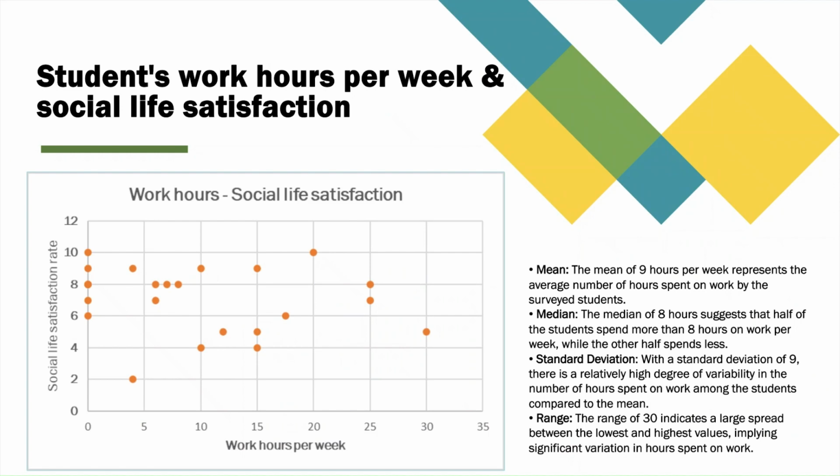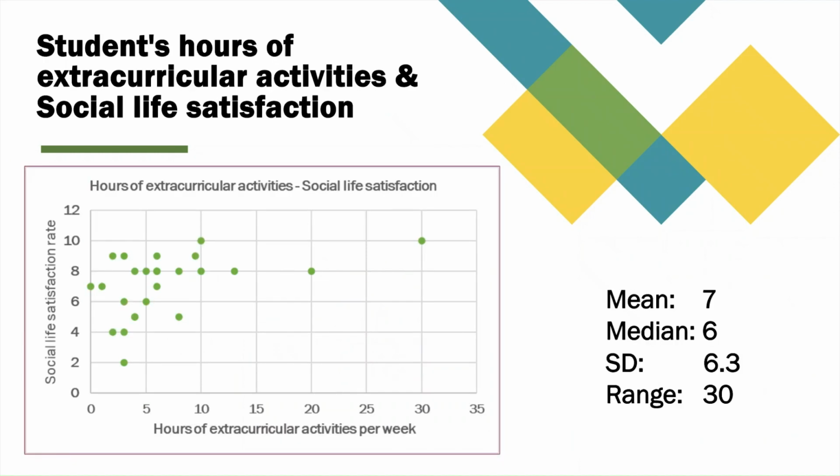With a standard deviation of 9, there's a relatively high degree of variability in the number of hours spent on work among the students compared to the mean. The range of 30 indicates a large spread between the lowest and highest values, implying significant variation in hours spent on work. For students' hours of extracurricular activities and social life satisfaction, the mean was 7, the median was 6,